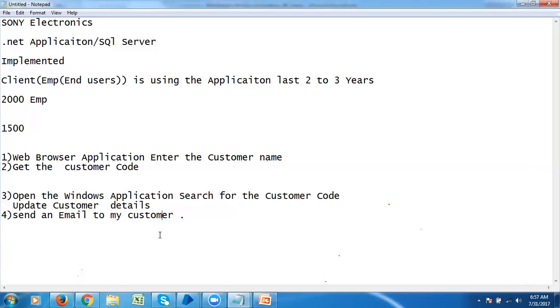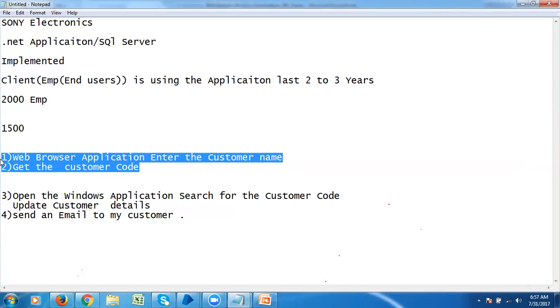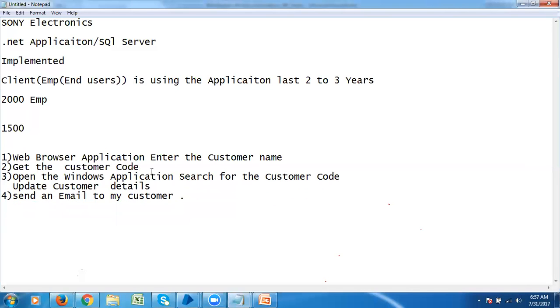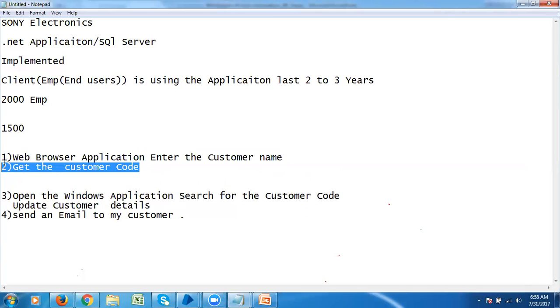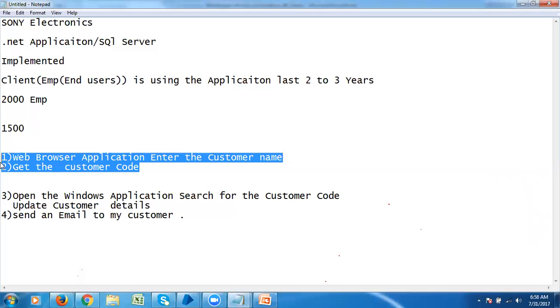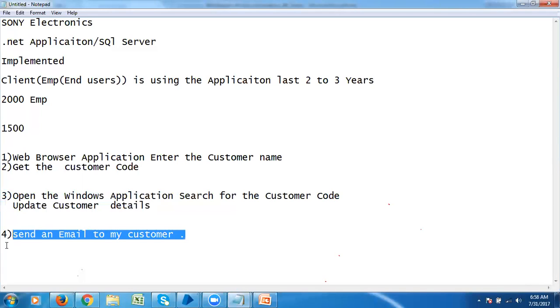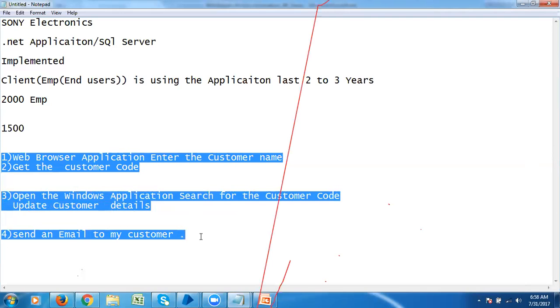There is no rule that it must be a separate business object. You can combine both and keep them in the same business object. And if you feel that this is somewhat complex execution, I can keep it as a separate business object. So you can divide your work into different business objects and then combine them as a process.